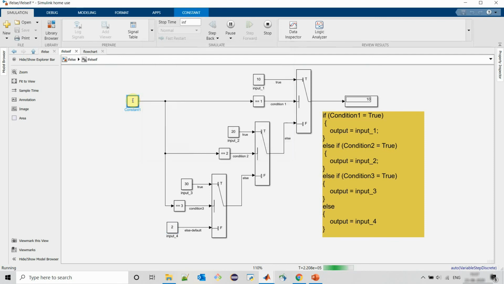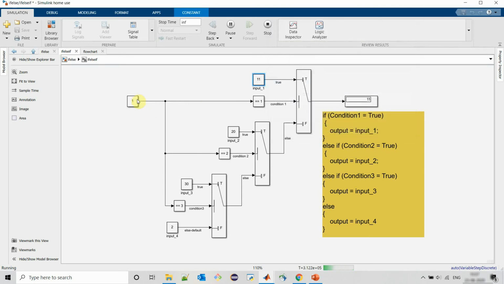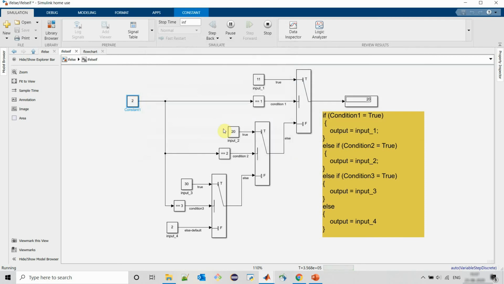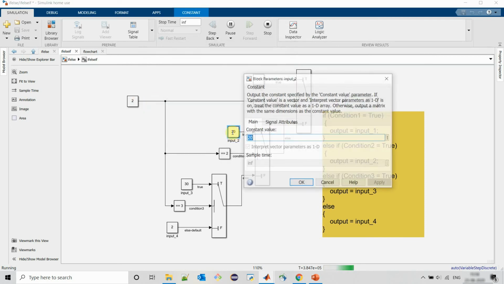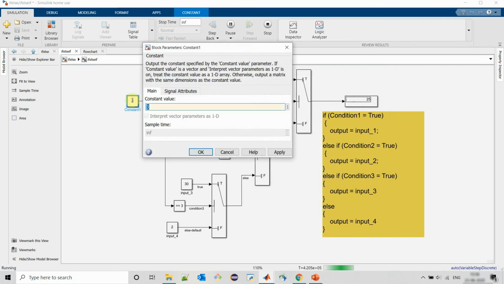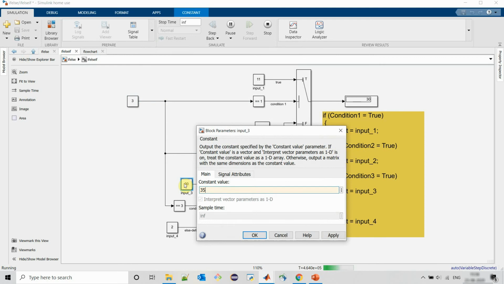So when condition 1 is true, we will see input 1 is passed as an output. Now we will make condition 2 true. We can see input 2 is passed as output. And when condition 3 is true, we can see input 3 is passed as output.